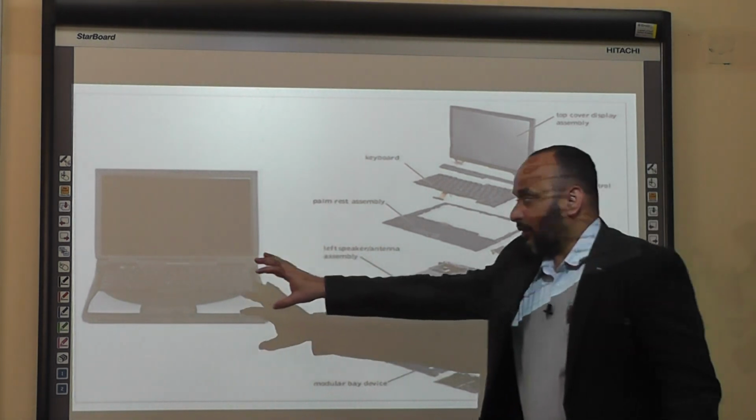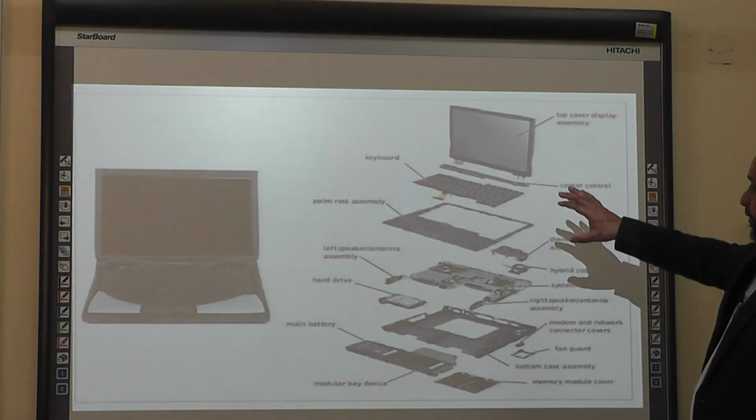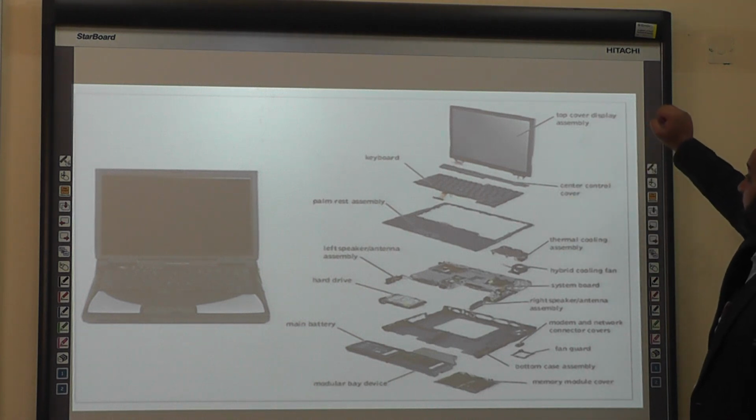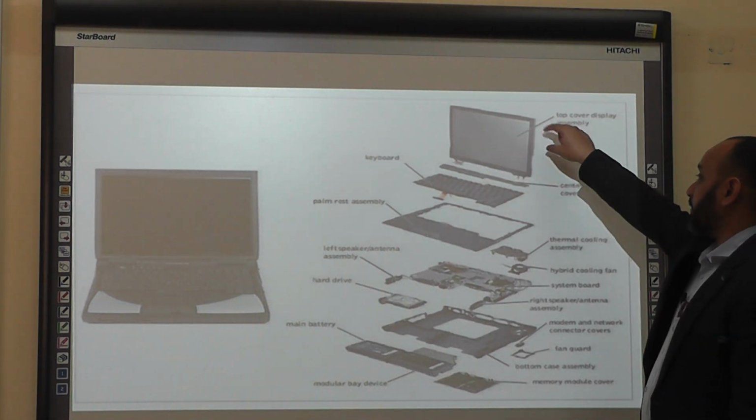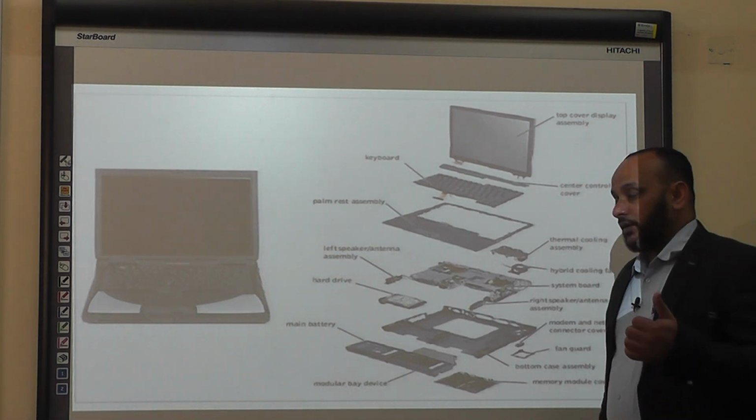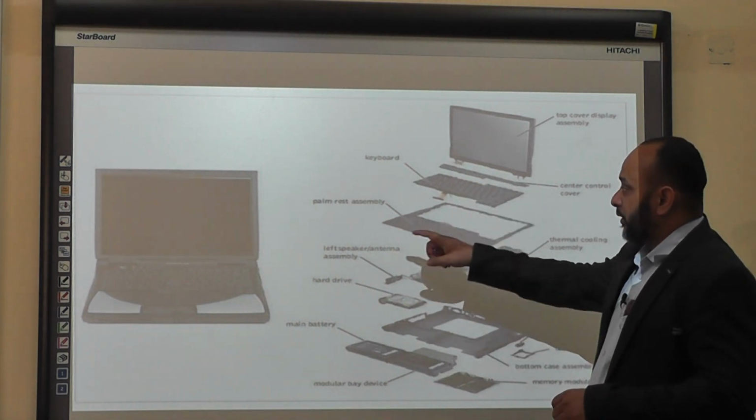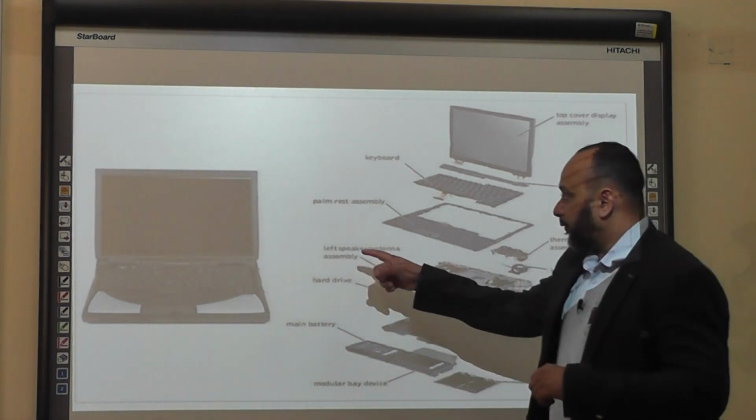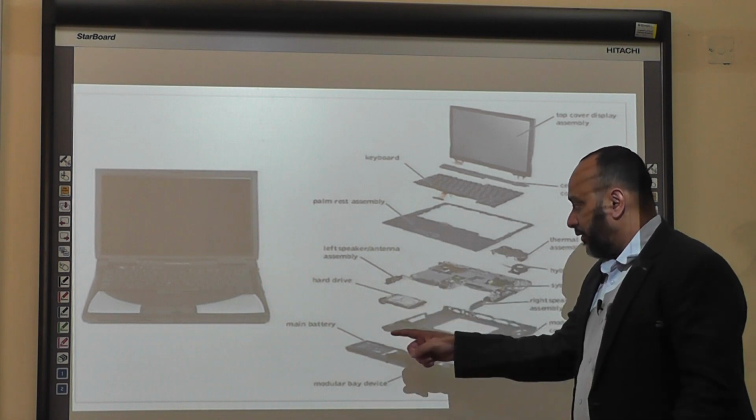So this is the laptop, and now this laptop has been disassembled. You can now see the cover display assembly. This is the screen, and this is the whole assembly of your LCD or LED screen. Then this is the keyboard. Again, the palm rest assembly, and the left speaker, and these are the speakers, hard drive, main battery,